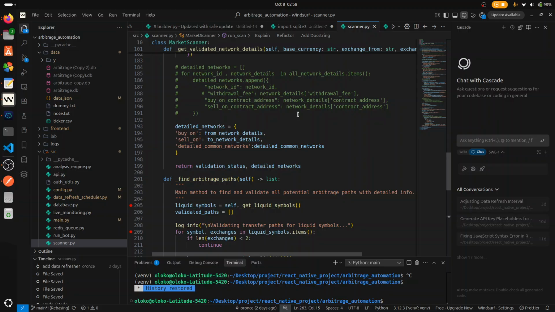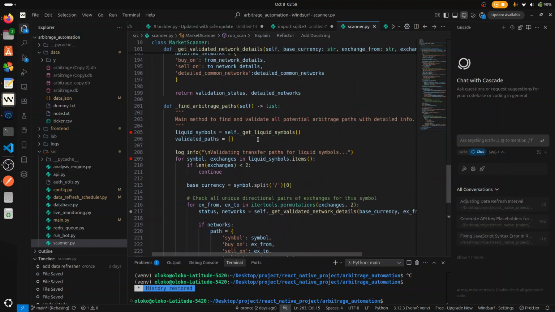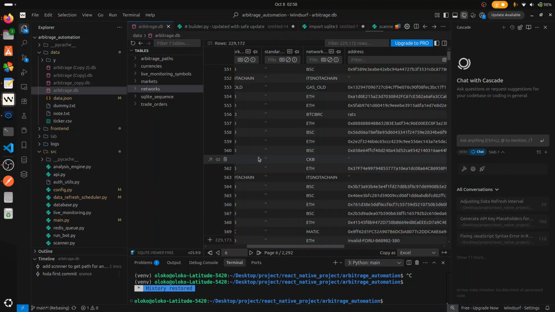Yeah, kind of not compare. For example, for BTC USDT, it's going to look through all the exchanges and check on which exchange we can buy and sell. For example, if Binance and Bybit both have BTC USDT, that means you can potentially buy on Binance and sell on Bybit. I call the result of those an arbitrage path. Basically, just a potential arbitrage opportunity,